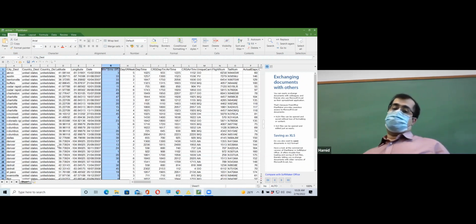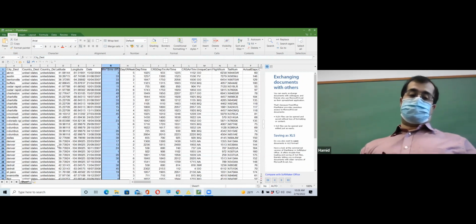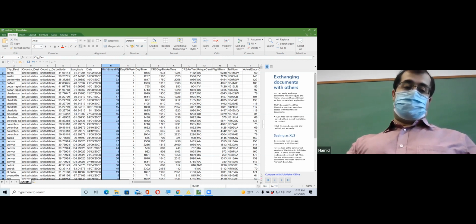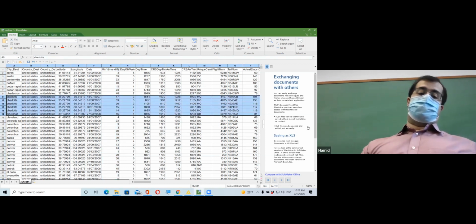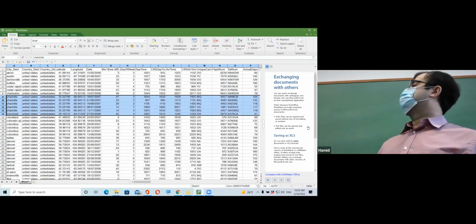As you see, some of the airports have multiple rows, maybe related to different flights and